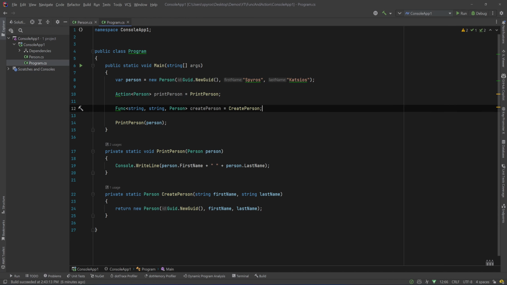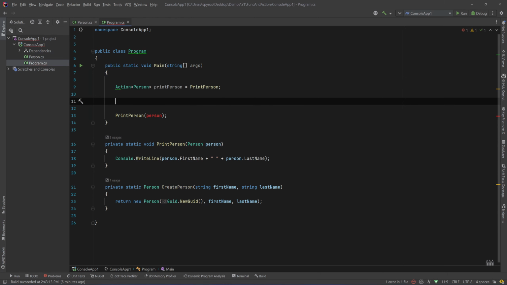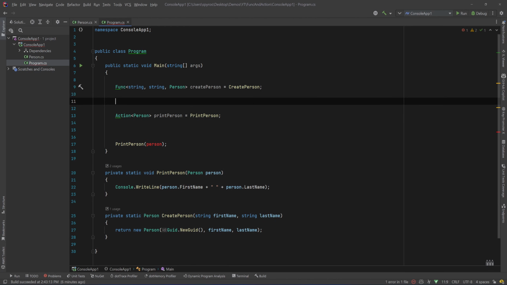Okay, so now our printPerson variable points to the PrintPerson method, and the createPerson variable, which is a Func, points to the CreatePerson method. So let's try that to see if it works. Let's remove that. Let's have the person be instantiated by calling our Func. So let's say var person